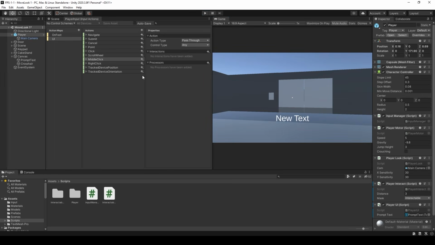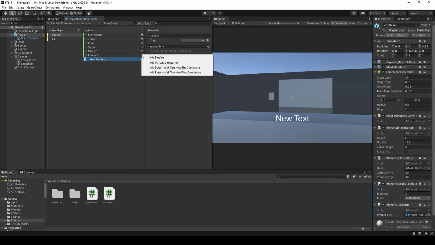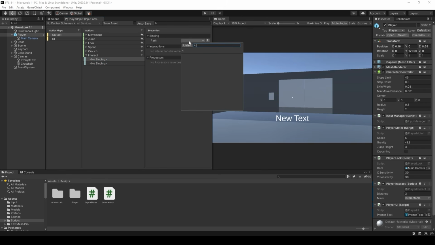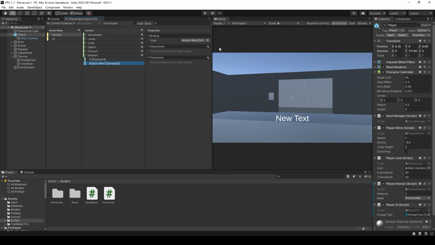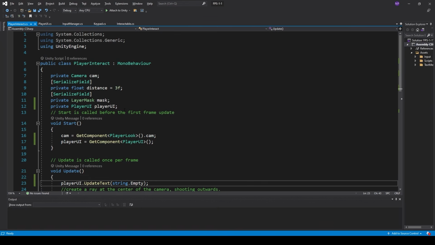So we'll stop playing, and over in our action editor, we'll open up our on foot action map. We'll create a new action by hitting the plus button, and we'll rename this to interact. I'm going to give this action 2 bindings. The first binding is going to be set to E on the keyboard, and the second binding is going to be set to button west on the gamepad. Remember to save our asset